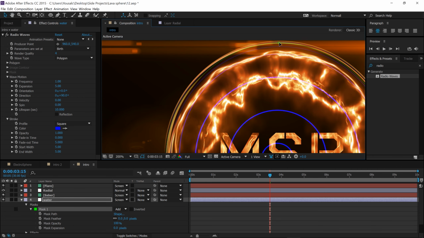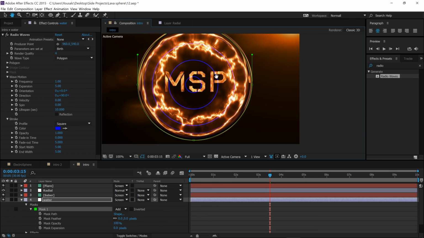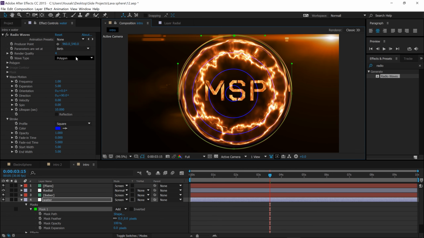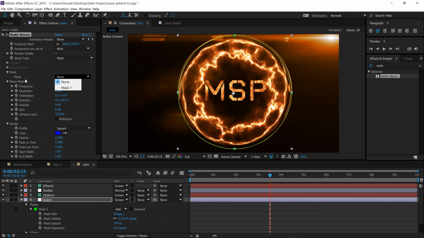Okay, that's pretty good. Okay, that should be fine. And go ahead and click fit. And now instead of polygon wave type, click on mask, mask 1. So put mask 1 here. And as you can see,